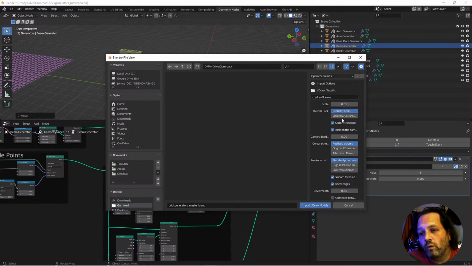What I've discovered is, if you use files from LDraw, they'll match up with my generators, whatever you use for the stud height here. So if I use 0.1 here, and I use a quarter of that for my scale on the LDraw, it will work. So if I put in 0.025,